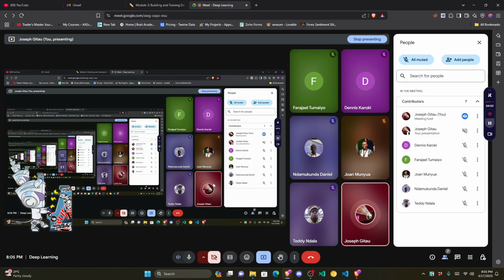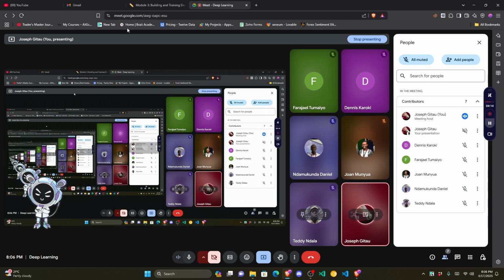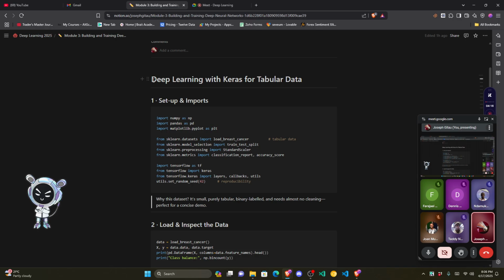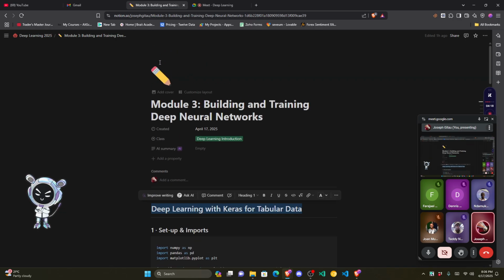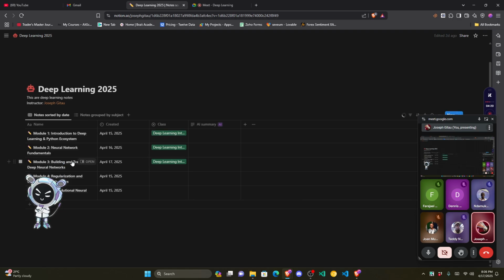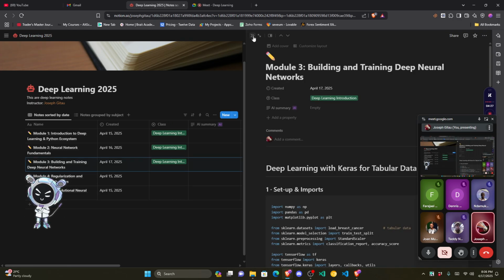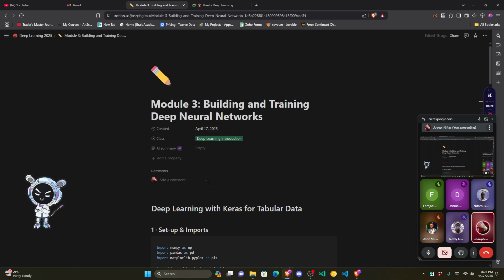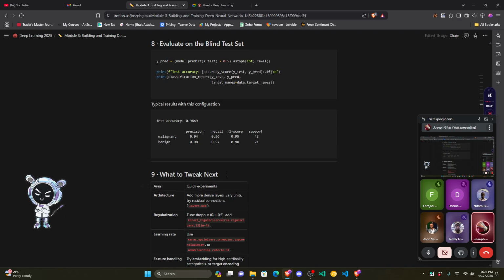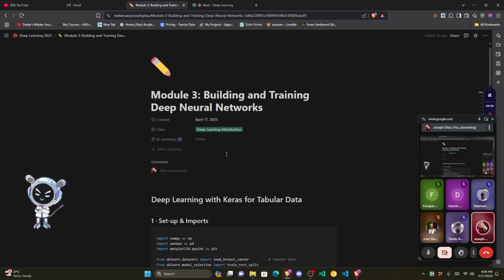We'll begin our class right now, and today it's going to be more practical than theoretical. We're basically going to look at how we implement a deep learning model. So I've added the code for that sample on this part, that is building and training deep neural networks. The practical code is over here. If you open the Notion link that I shared with you, everything that we are going to feed for today